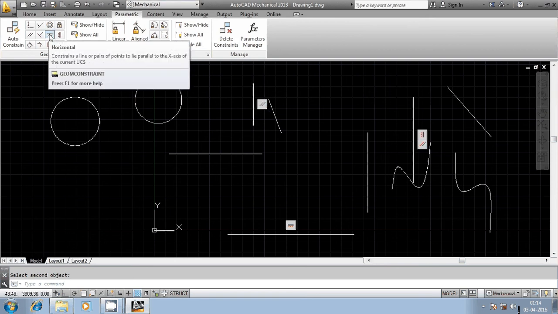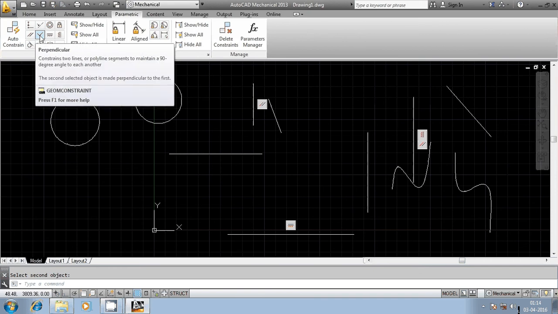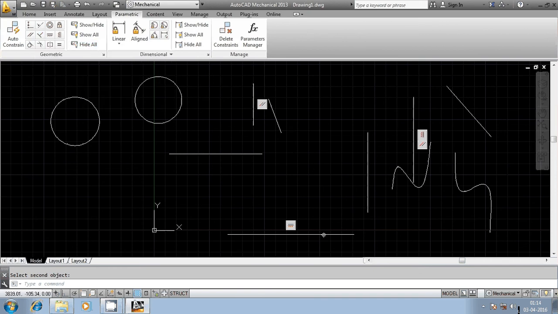Now we discussed about horizontal, vertical, and then parallel. We will discuss regarding perpendicular. I want to make this geometrical entity perpendicular to this existing geometrical entity which is already constrained. That is most important. So select perpendicular, select the first entity, this is my reference entity, and this entity has to be reoriented. You can observe here the second entity got reoriented with reference to the first entity. Now we have discussed these four options. Let us try the other options. I will delete these particular entities.